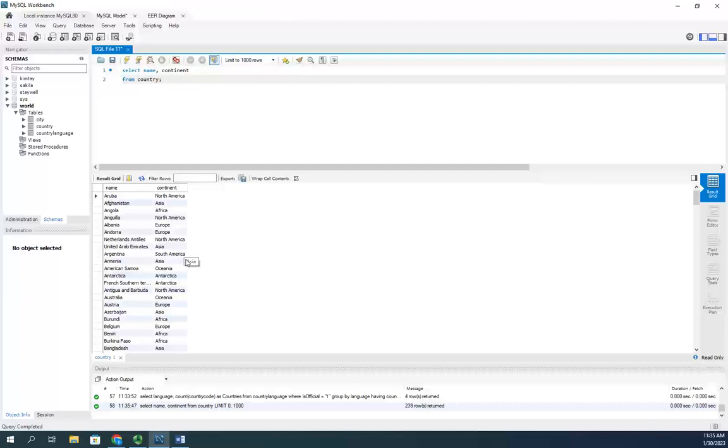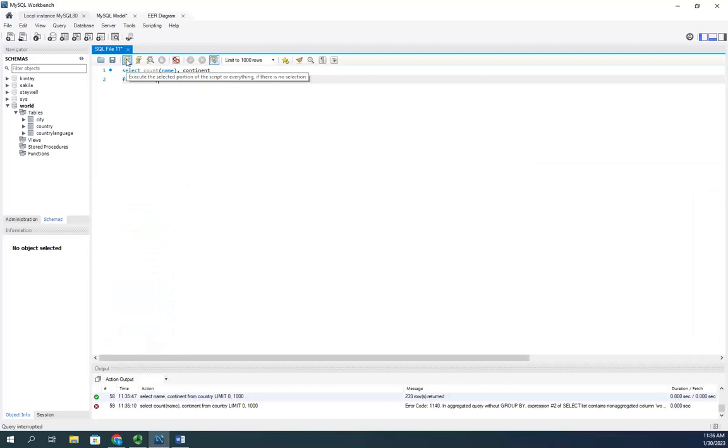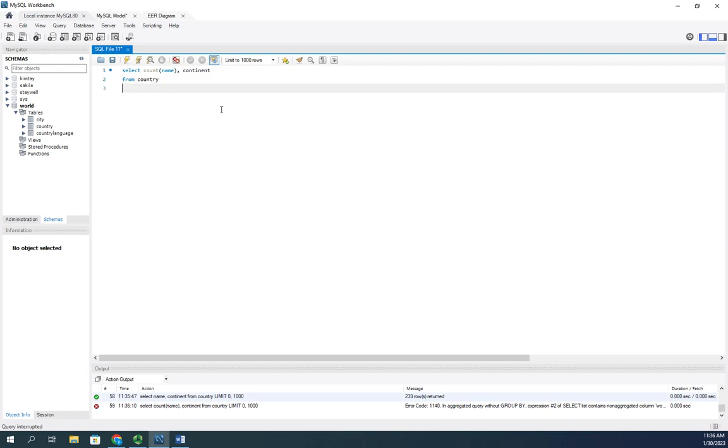Now let's say I wanted to count the number of countries in each continent. So for that, I would select a count of the name. Now, when you do that, this is actually going to generate an error for me: in an aggregate query without group by, blah, blah, blah. Basically what it's saying is if we're going to do an aggregate function, everything in our select statement has to either be part of an aggregate, which this one is, or part of a group, which this one is not. So I'm going to group by